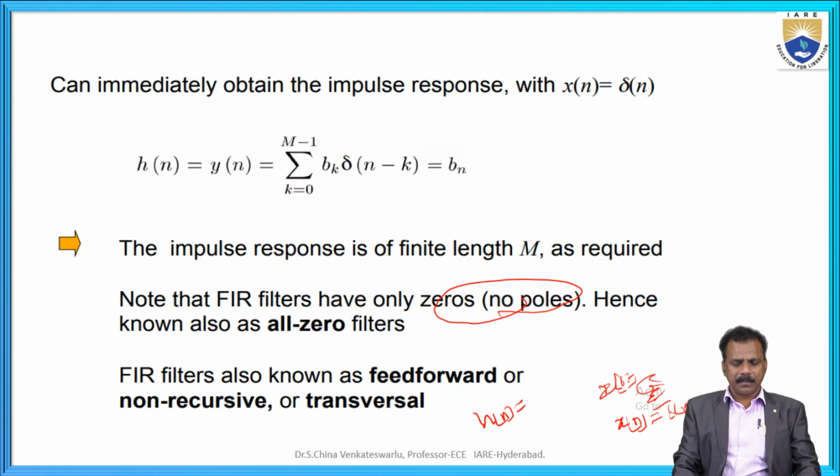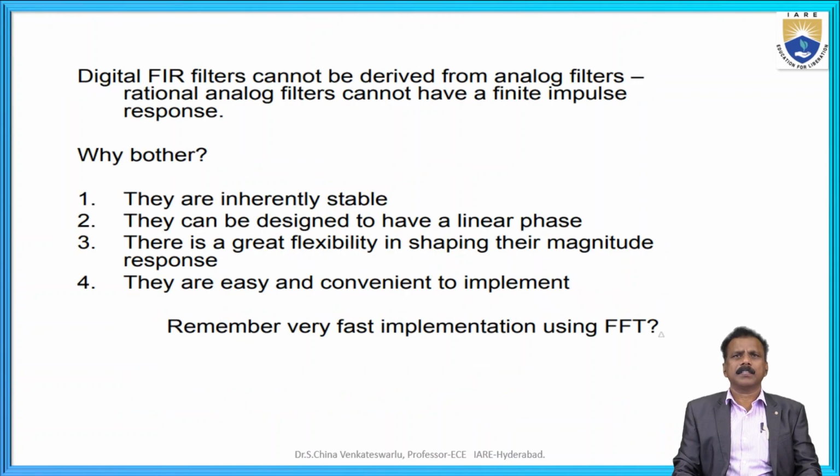FIR, finite impulse response, have only zeros, no poles. Hence, that FIR filter is known as an all-zero filter, or we can consider this condition: FIR filters have only zeros, no poles. Okay, with this,